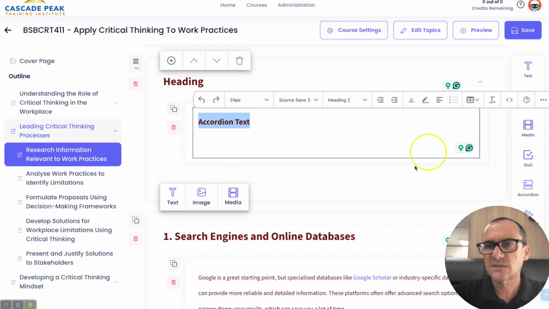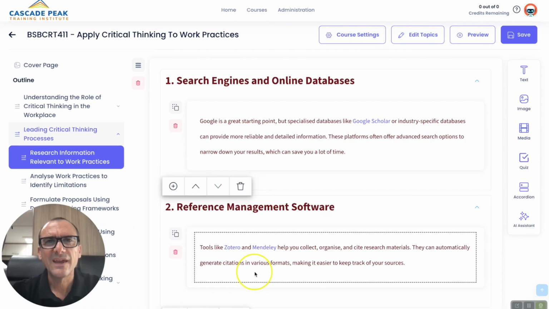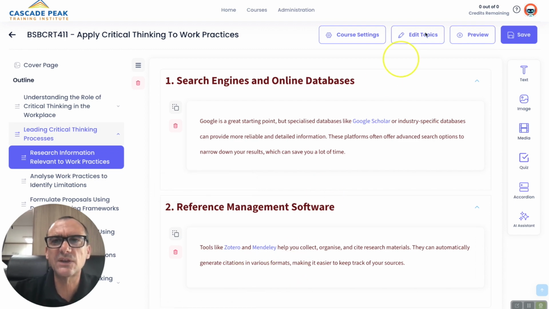So that's our little accordion tool. And another editing feature I wanted to show you, which is really handy, is how to edit topics, or subtopics. You might have gone all the way through and then realized, oh no, I've forgotten to add a topic, or a topic is missing. So don't stress. All you have to do is click on edit topics here,